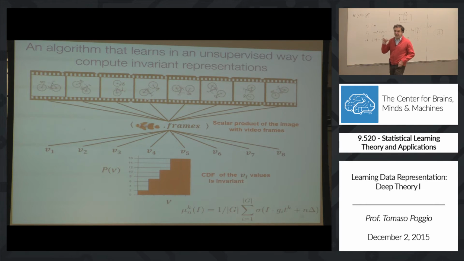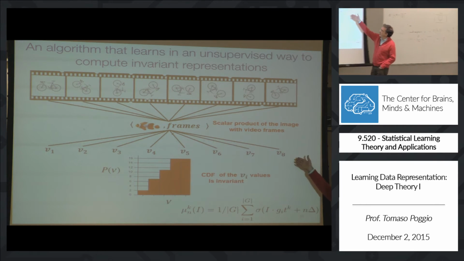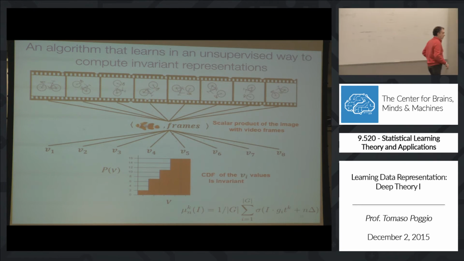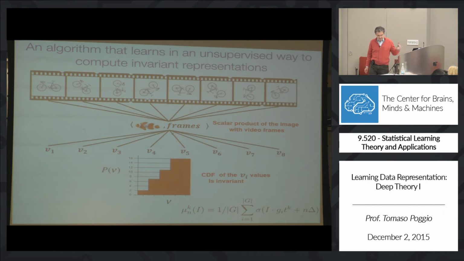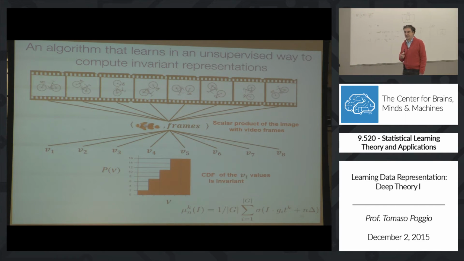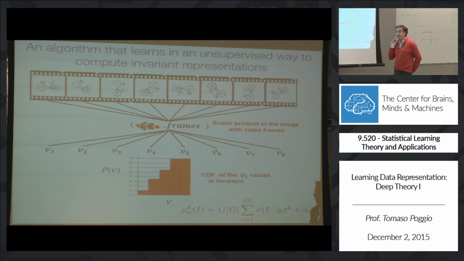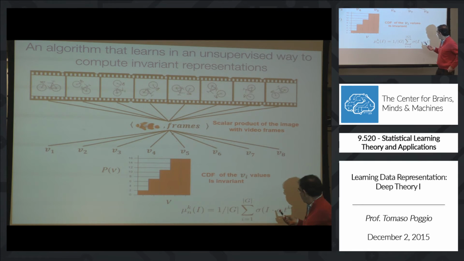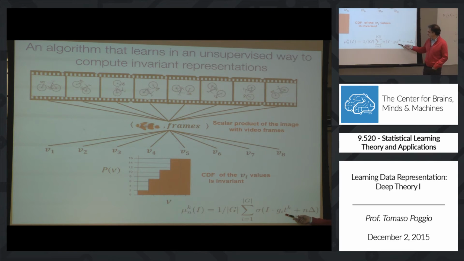Now, do you see why you have the same numbers? Anybody? Should be relatively easy in the case of rotation, right? The dot product is invariant under rotation. Sorry? Because the dot product is invariant under rotation. No, the dot product is not invariant under rotation, but the fact is that